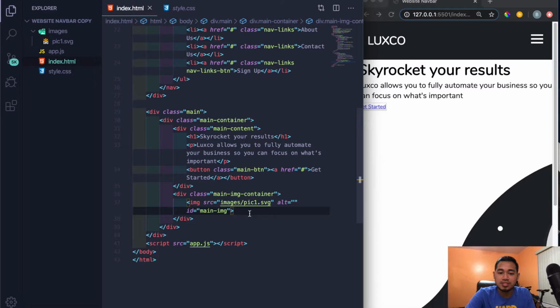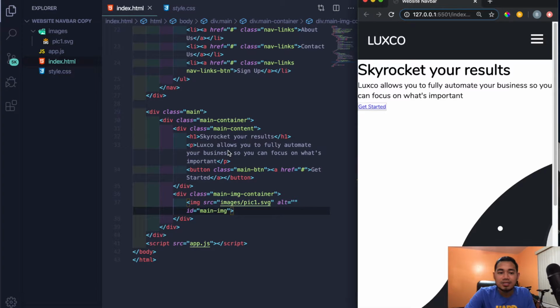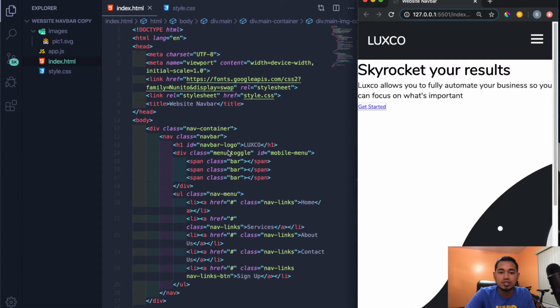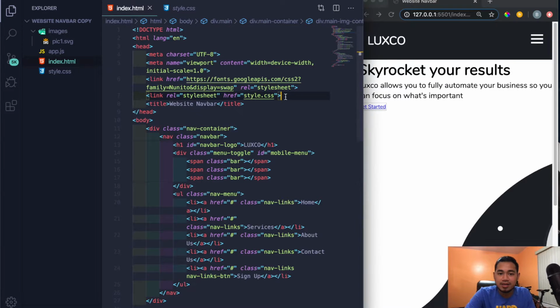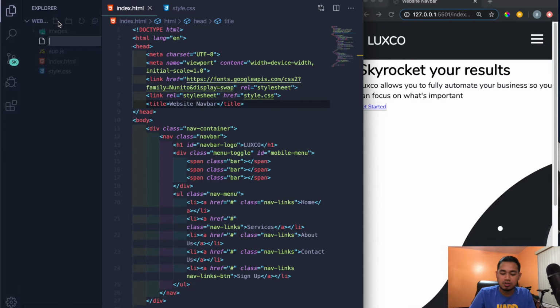But that's pretty much the HTML parts. Now, in case you didn't follow the first tutorial, make sure you go up to the head and add a CSS file. But for this, let's actually create a new file. So just follow along here. Let's click out of the images folder, and let's make sure we're on the main tab right here. I'm gonna click on the new file. Let's just call this